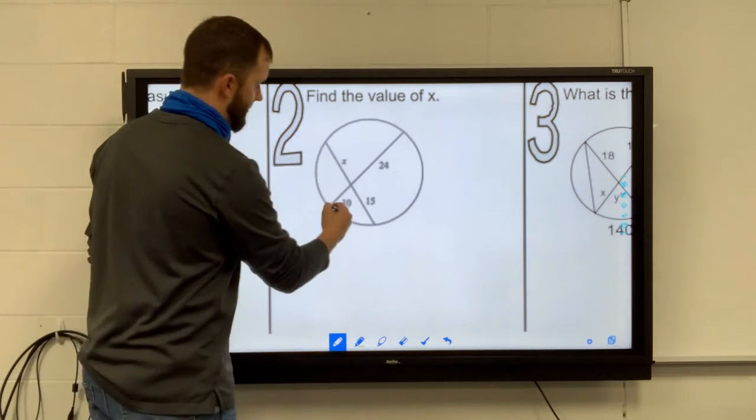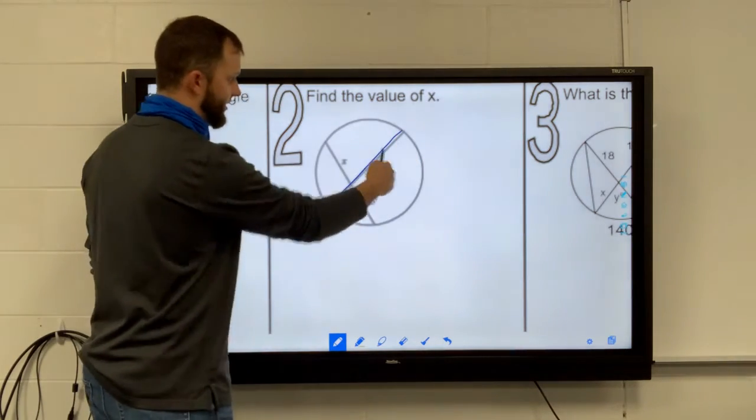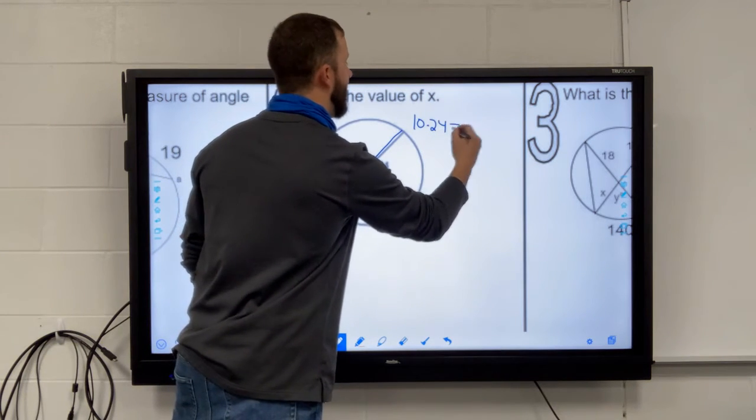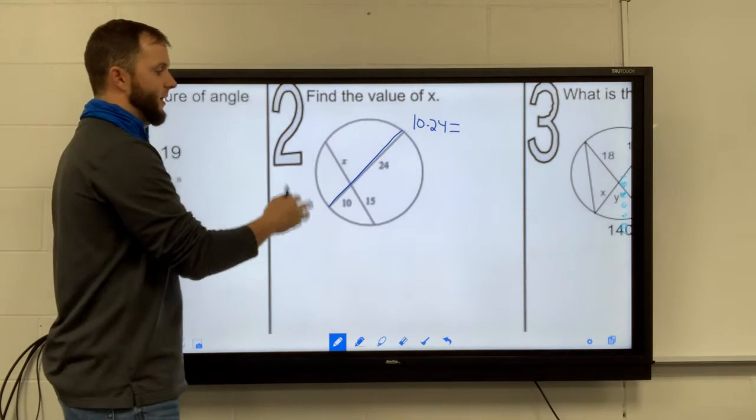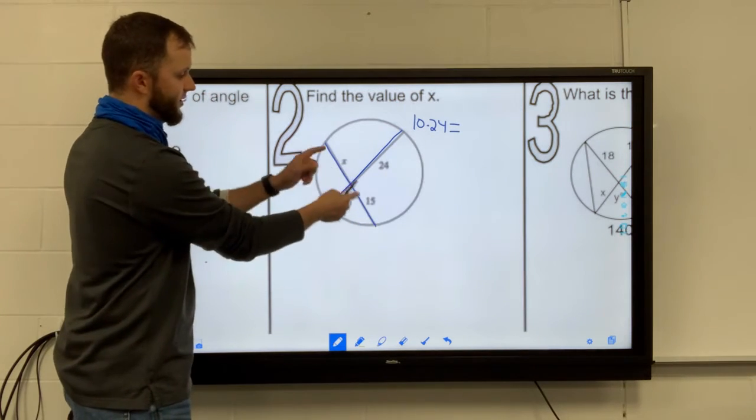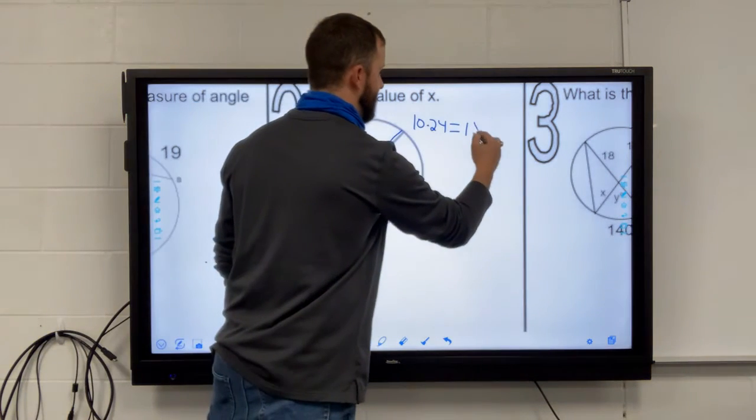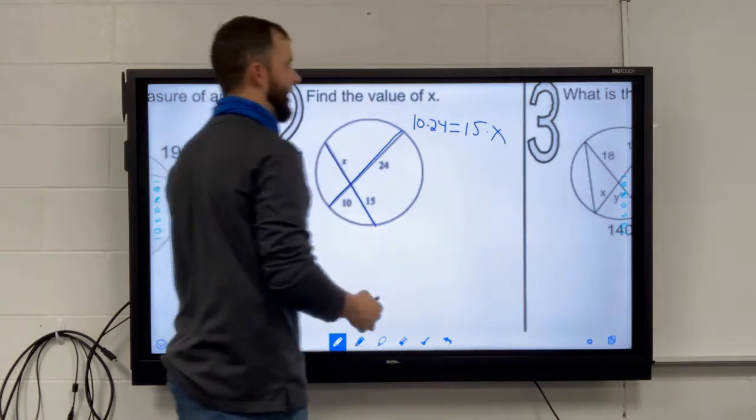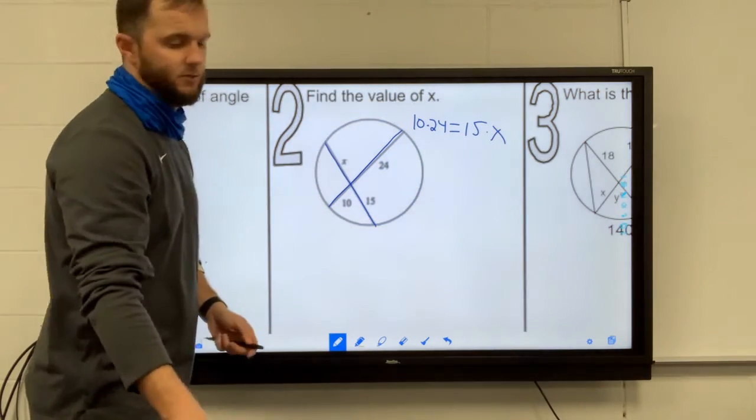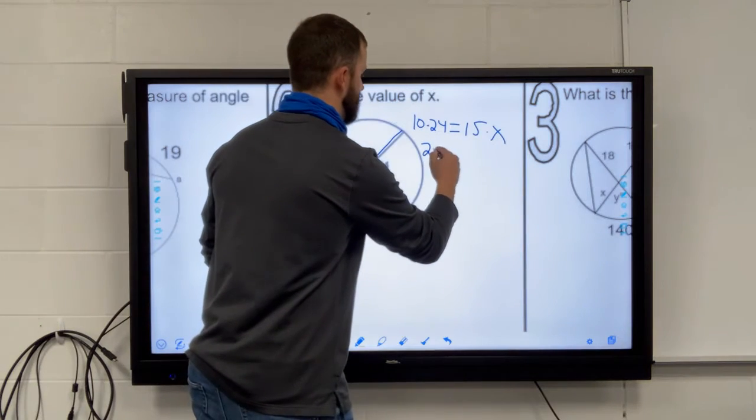So right now, both of the measurements on this line are 10 and 24. So I'm going to do 10 times 24, and I'm going to set it equal to the product of the other two. So here's my other line, and the two measurements on that are 15 and x. So I'm going to do 15 times x, and they have to be equal to each other. So right now I'm going to do 10 times 24, which is going to be 240,